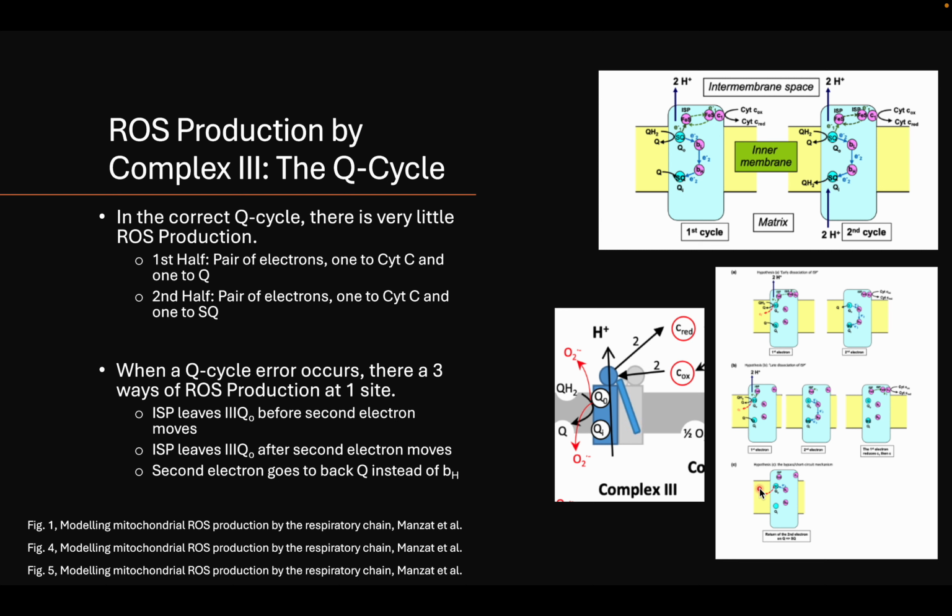Now, compared to complex 1 and 2, complex 3 produces the same ROS, superoxide radical. However, with complex 1 and 2, they produce the superoxide radical in the matrix. With complex 3, you can either produce superoxide radical in the inner membrane space of the mitochondria or the matrix of the mitochondria. Similar to complex 1, the buildup of unstable semiquinone is the cause of your superoxide radical,